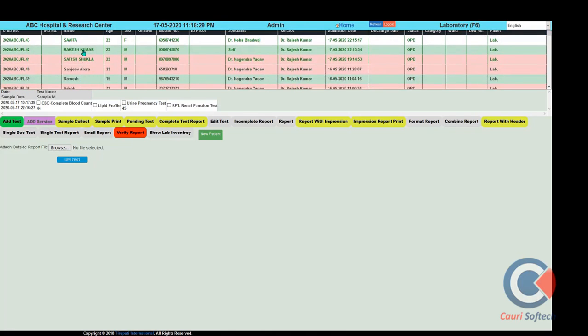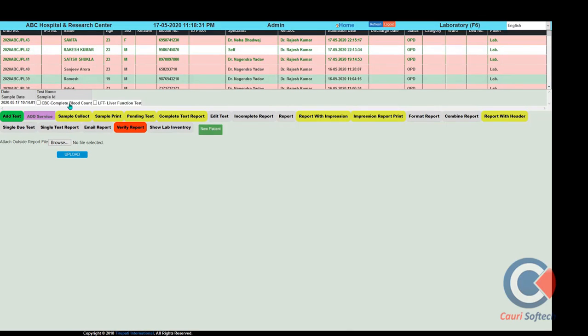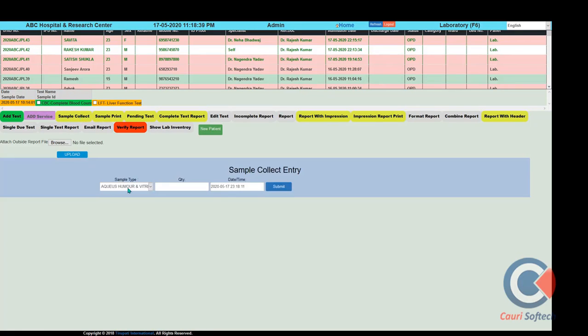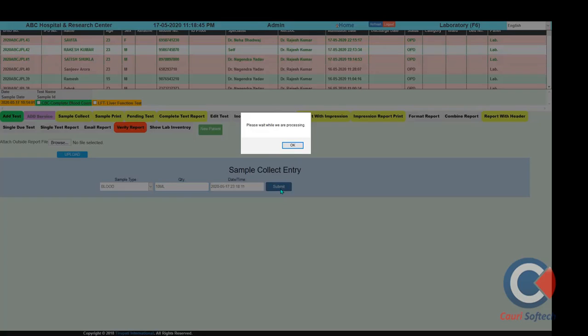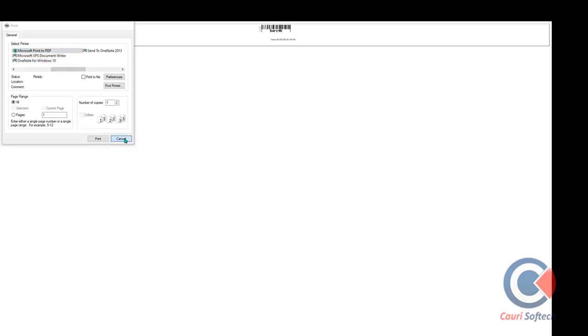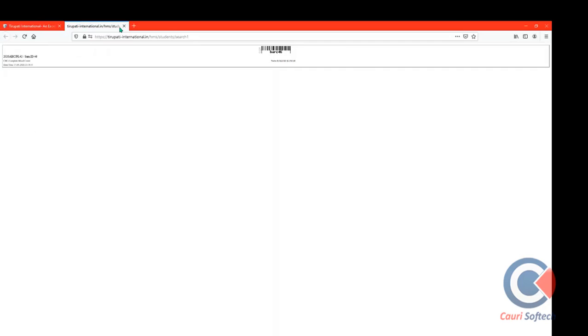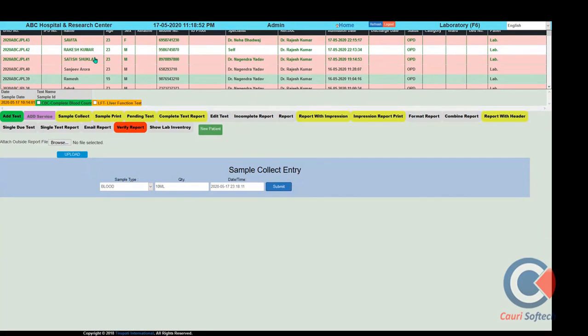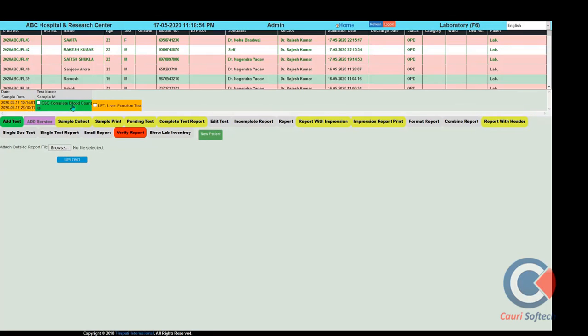So let's assume I have the patient Rakesh, where two tests have been advised through the billing section, and we want to perform the sample collection entry. So we can collect sample information here, blood and urine sample. We can put the value here, and we can generate the barcode sticker at the same time. And this sticker can be attached to the blood container, urine container, as well as after feeding the same value, we want to create a lab report.